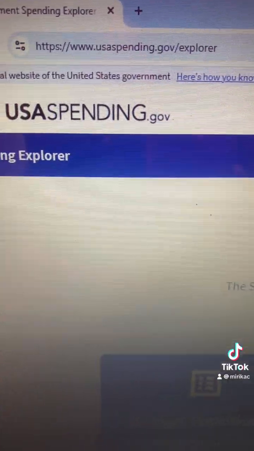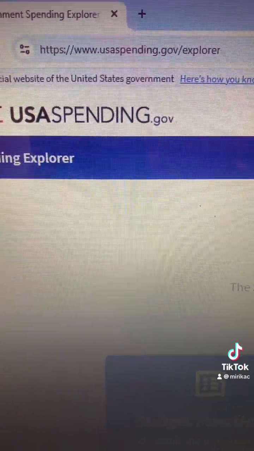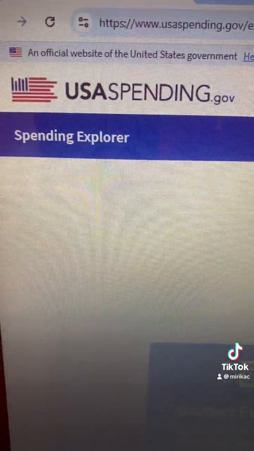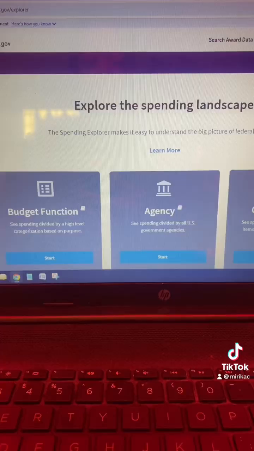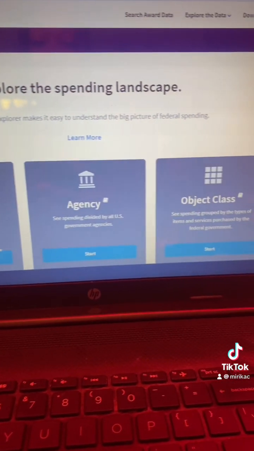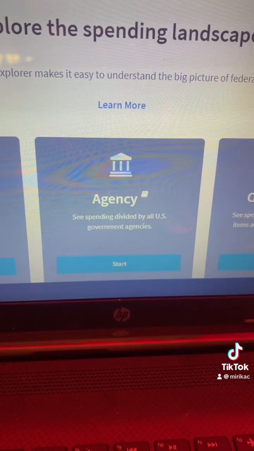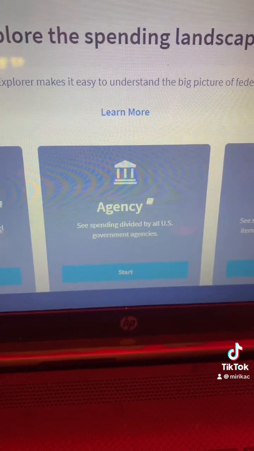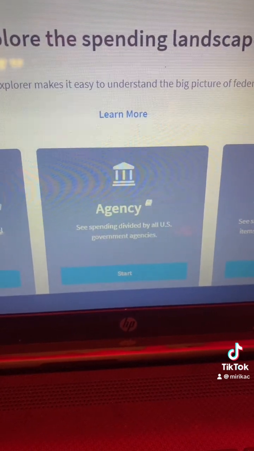Okay. What you want to do is go to usaspending.gov/explore, and you'll see usaspending.gov. You'll see this immediately on the page. What you want to do is go to agency, because you want to see spending divided by all U.S. government agencies. So before I go into that tab, I'm going to tell you it's just like me giving you